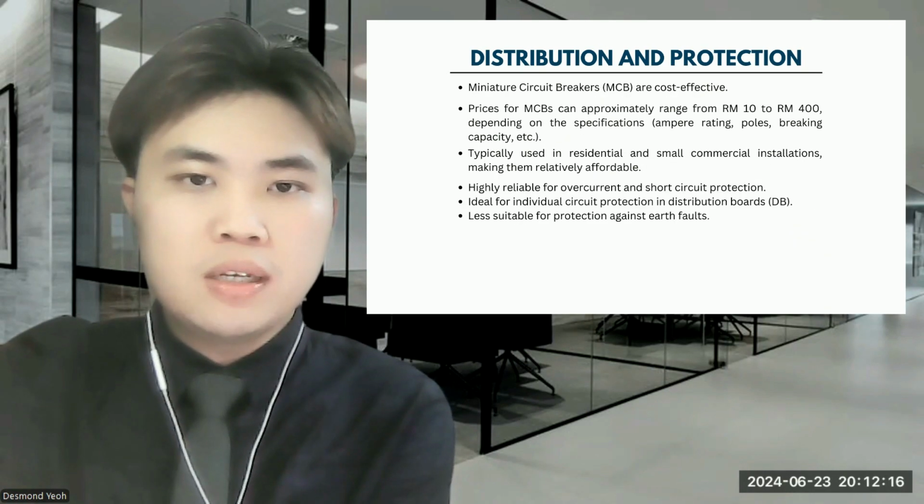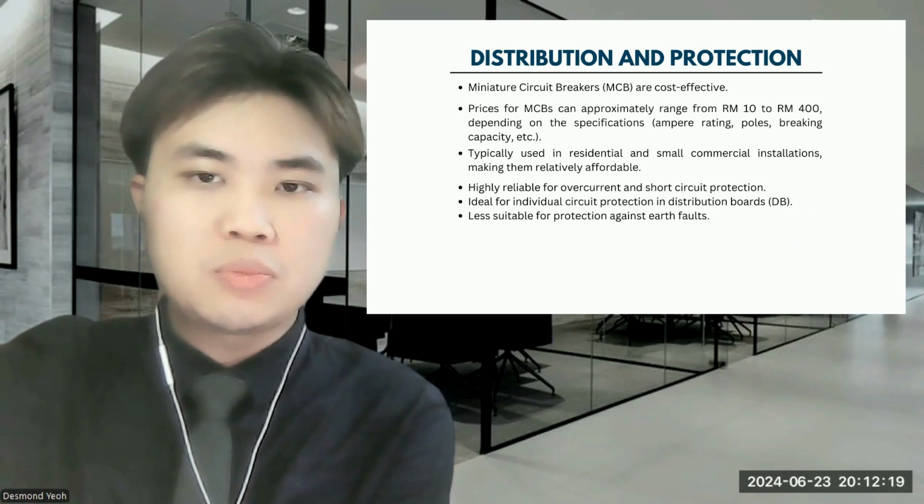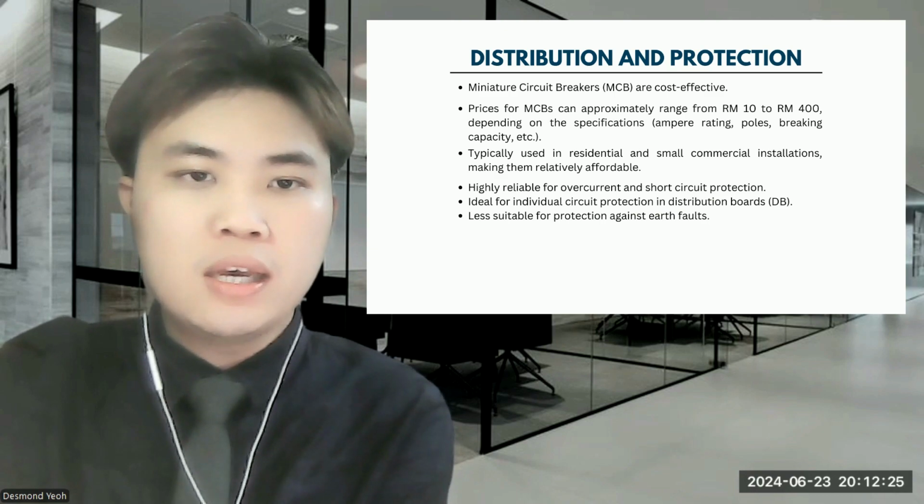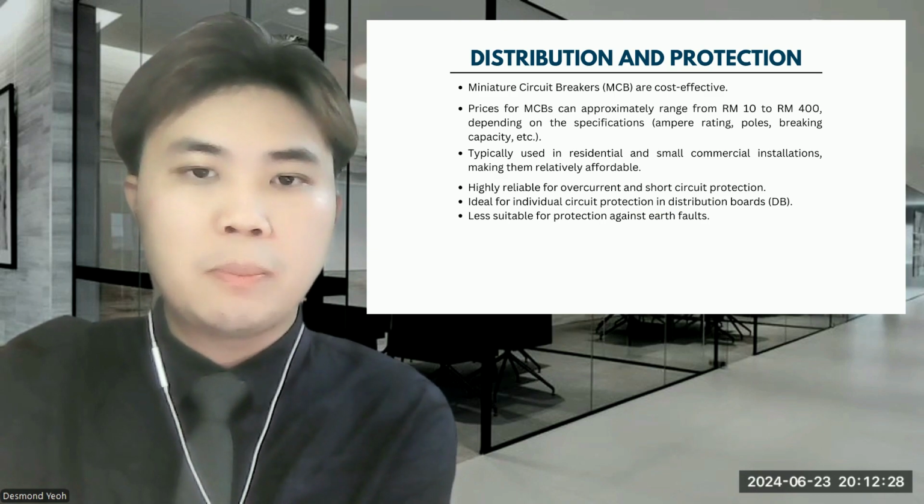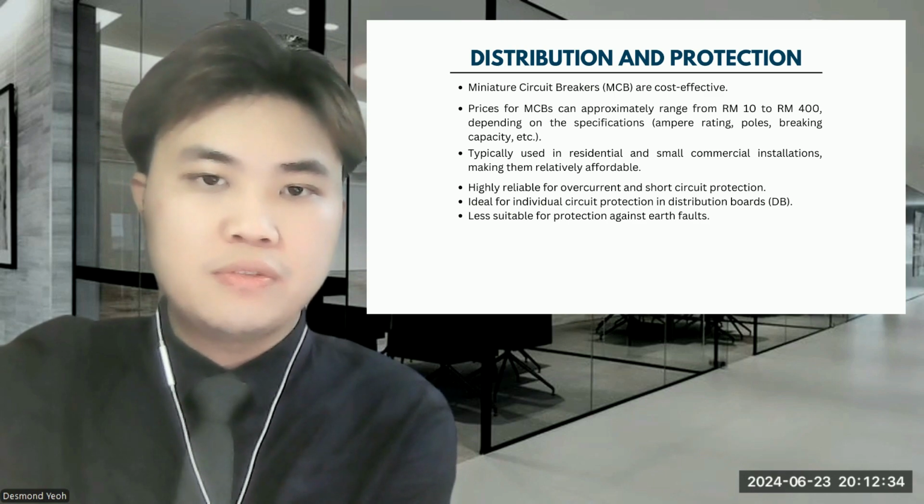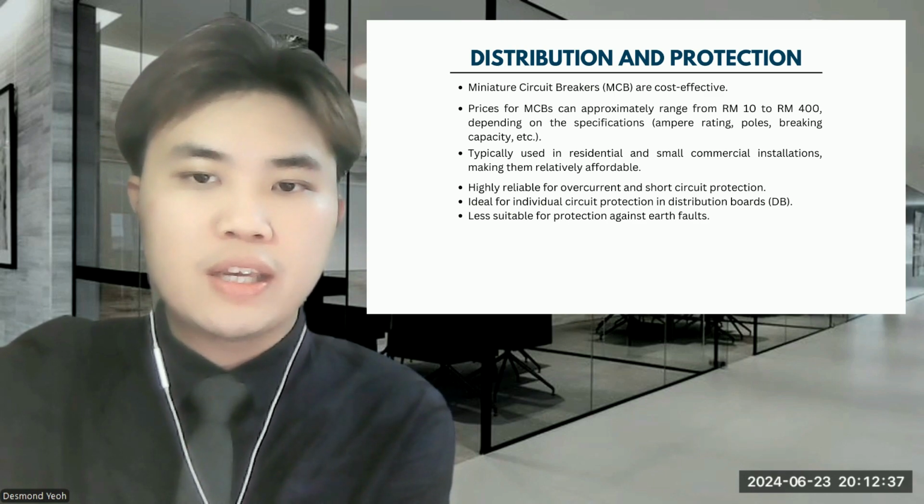For the distribution system, miniature circuit breakers or MCBs are used to protect the load from overcurrent and short circuit. This is important to ensure that the office and mosque equipment and other loads are protected to avoid costly repairs and replacements if an overcurrent or short circuit were to occur. MCBs are cost-effective, ranging from approximately 10 ringgit to 400 ringgit, depending on the specifications such as ampere rating, poles,